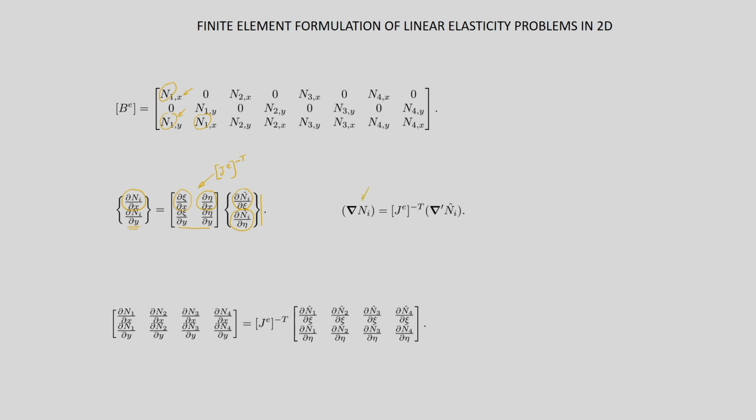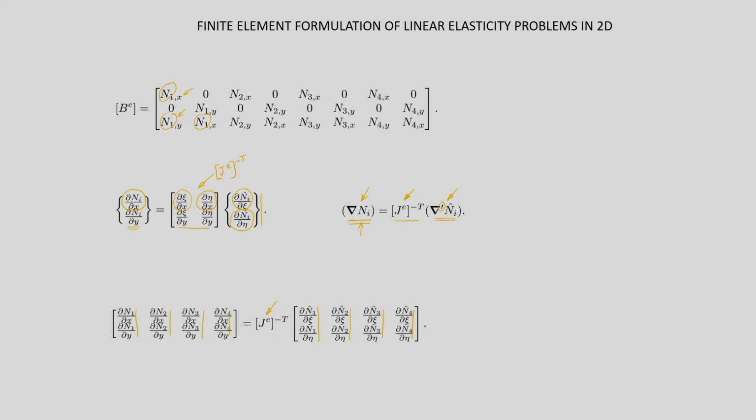So this is the gradient of the shape function in the physical element, and this is the gradient of the corresponding shape function in the master element, that is why the prime is here. These are the derivatives of ni hats with respect to xi and eta, and these are the derivatives of ni with respect to x and y. They are related by this matrix, J inverse transpose. So here we will do it in one go. We will note down all the gradients of the shape functions in the master element. We have arranged it column wise, then we have multiplied with J inverse transpose,